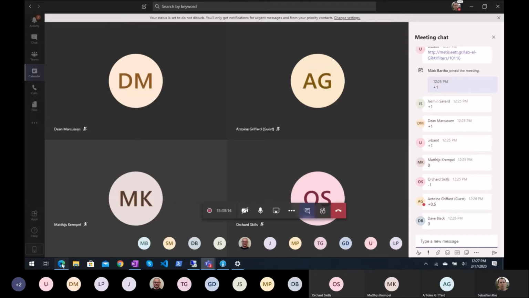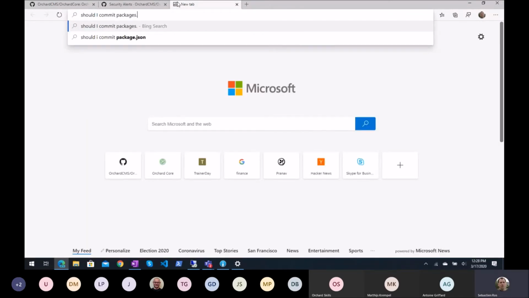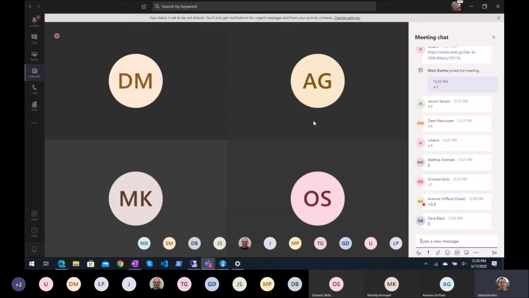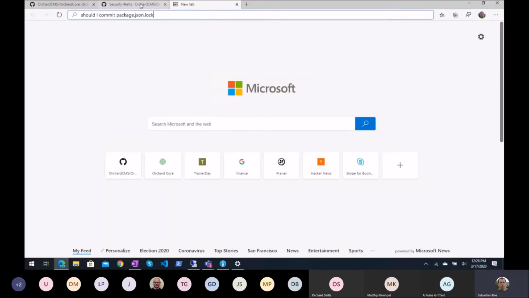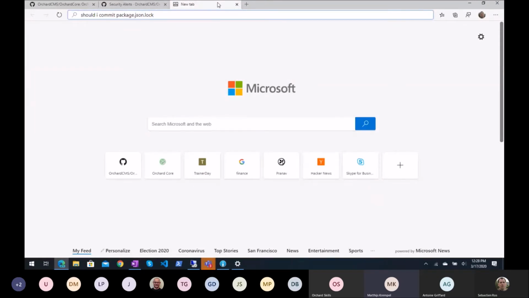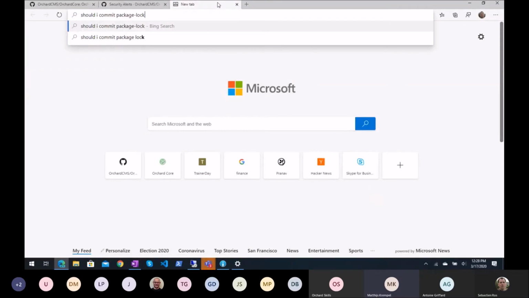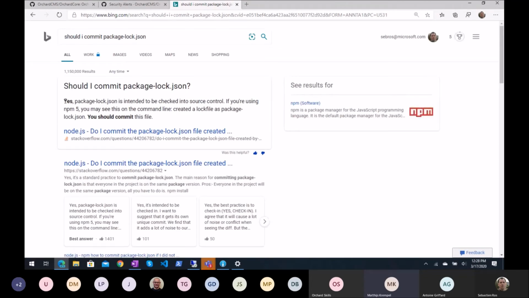So let's do a simple thing. Should I commit packages.lock? What's the name? Yeah, but look at the chat. If you say we have to take Babel core upwards from version 7.7, then it will take the latest version.